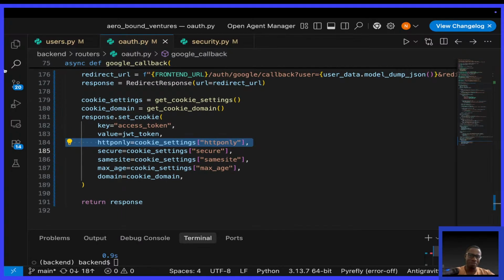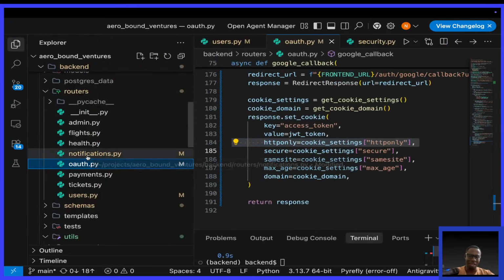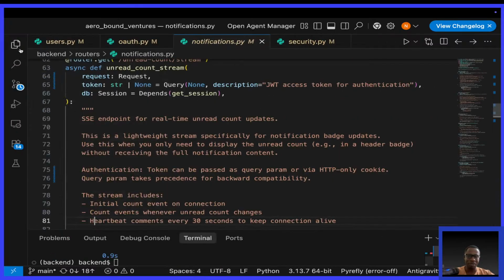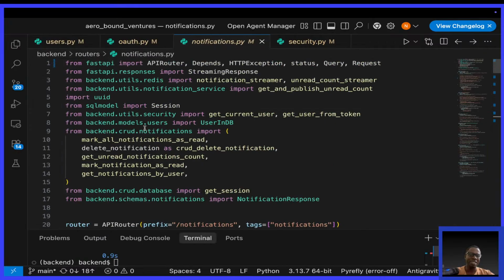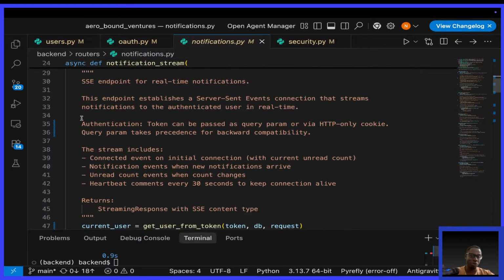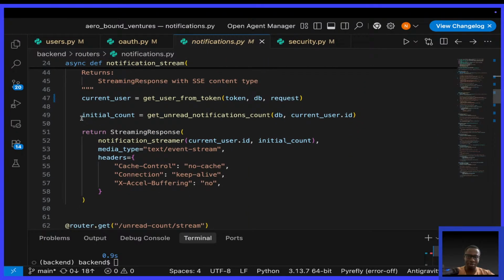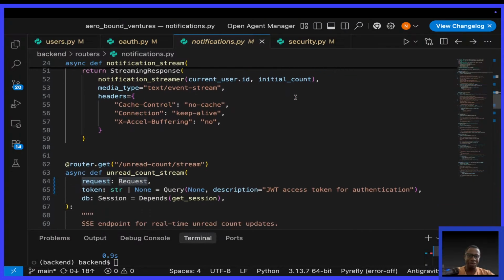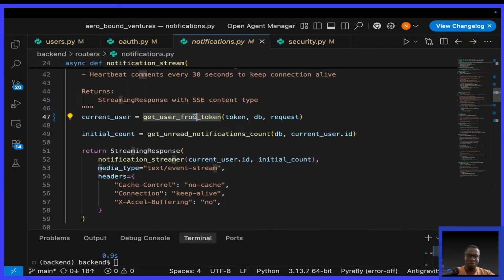So I hope you love this concept of HTTP only cookies. Let's look at notifications, where we're going to have our server set events. Look at this, the notification stream. I now add the request because it's the request that is going to help us to get the cookies. So this time in the get current user, get user from token, I pass the request. And if you go to that function,